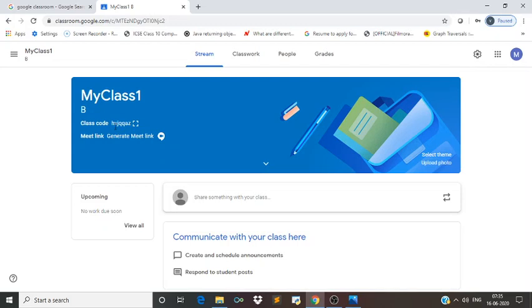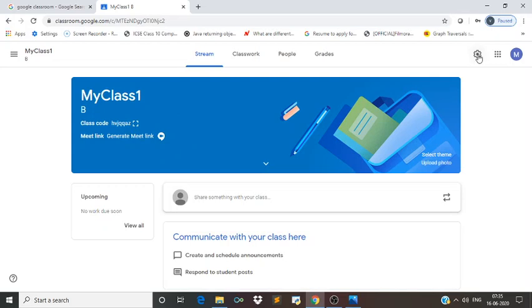But one more thing which is important: if you don't want to send this passcode via WhatsApp group, that is from Google Classroom, if you want to send it only, then what can be done? Actually, you have invited the students. After that, you copy this passcode. Okay, you can copy this passcode and send from this point. Here it is written, share something with your class. Can you find this? Here you can type and send it. Okay, so how this can be performed, just I explain. This has to be copied. For this purpose, what can be done?